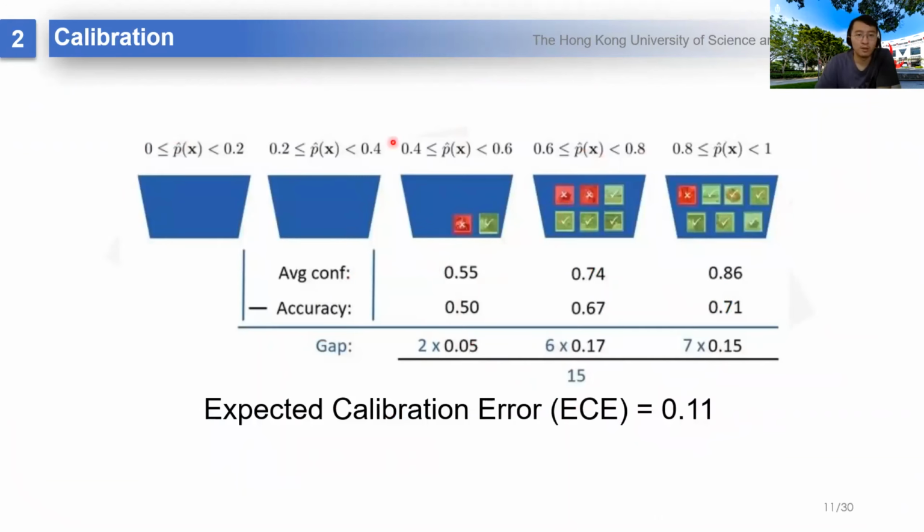We first divide the confidence into different bins. For example, we take this one as a sample, P bigger or equal to 40% and smaller than 60%. The average confidence of these 2 samples is 55%, and the accuracy of this model is 50%. So after we subtract them, we have 5%. And because we have 2 samples here, we will have a gap equal to 2 times 5%. And then we do normalization over all the bins, and then we have the expected calibration